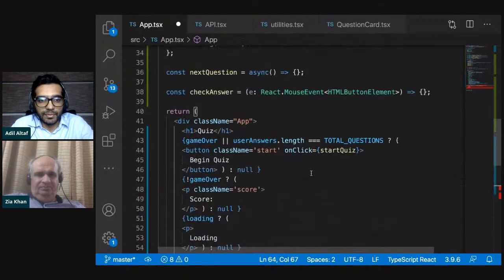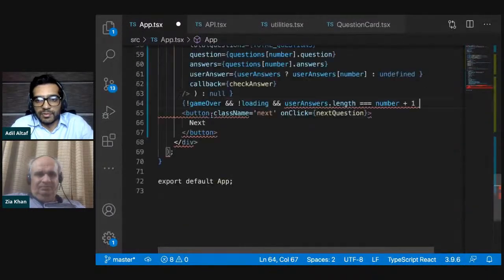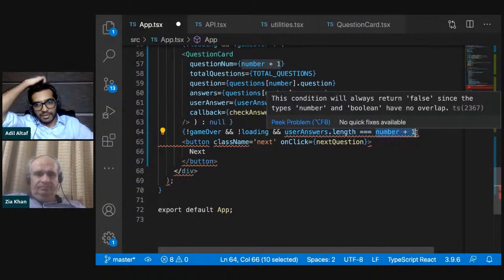Number comes from our state. So we're basically checking if the number of answers the user has provided is equal to the number of the question we're on plus 1. So basically, if we've hit 10 questions already,